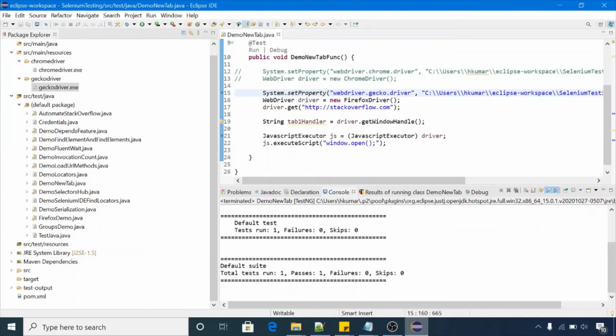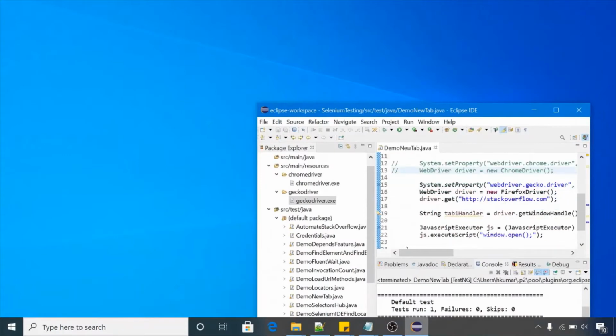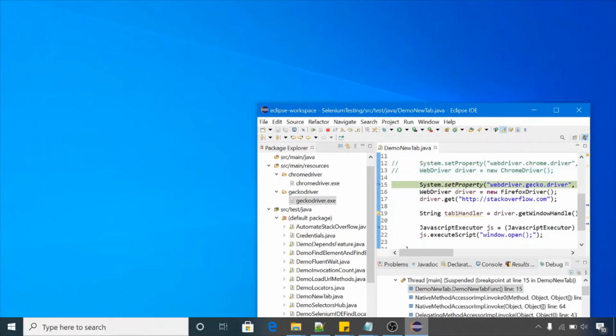Now we can launch the Firefox browser. Let's run this code and see that it's working fine for Firefox also. Press F11. It will launch the Firefox browser.